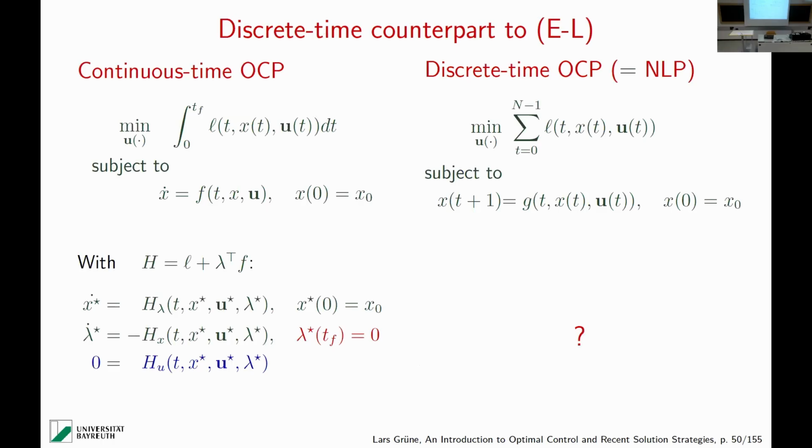Okay, yeah, this was all in continuous time. Is there a discrete time counterpart to the Euler-Lagrange equations? Yes, the answer is there is. How do we do that? Well, effectively, if you look at this problem, this is just a nonlinear optimization problem written in a very particular form, like a finite dimensional nonlinear optimization problem where we have capital N vector valued decision variables, u of 0, u of 1, u of 2, and so on. And this is what we need to determine, right?